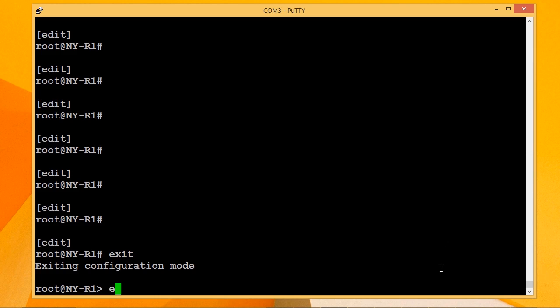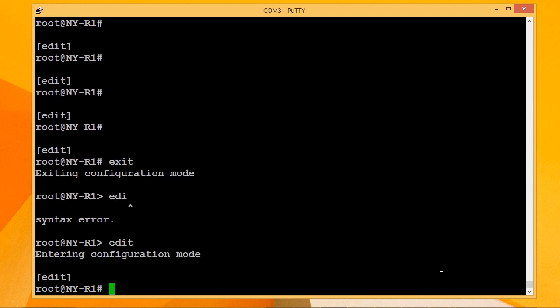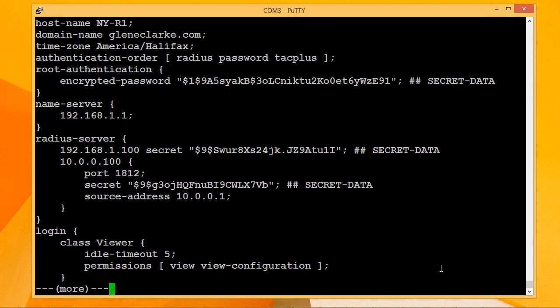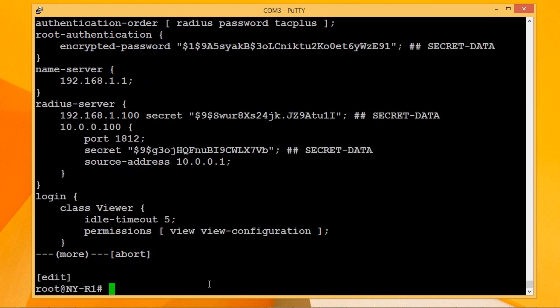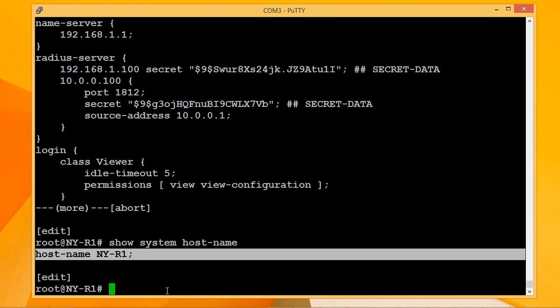First thing I want to do is go into configuration mode for my device. So I type in the edit command. Now, once I type in the edit command, what I want to do is show my system settings. So I type in show system, and you'll notice up top here that I do have my host name set to New York-R1. Another way to display that setting would be to use the show command with show system host-name. So it filters out the information so that I'm just seeing the host name setting